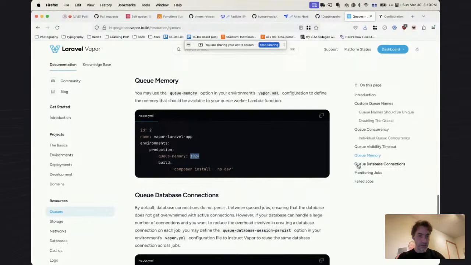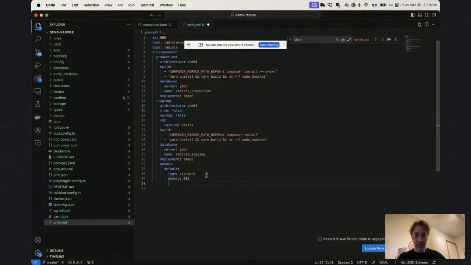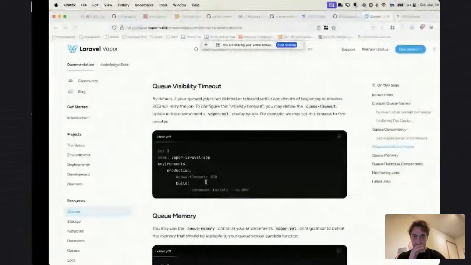It uses queue memory, queue database connections, like visibility timeout. Queue job is within 1 minute. If your queue job is not deleted, configure visibility timeout. Okay. So you can do timeout. Let's say we'll just leave timeout here. I'm a bit unclear on the impact here for that, but